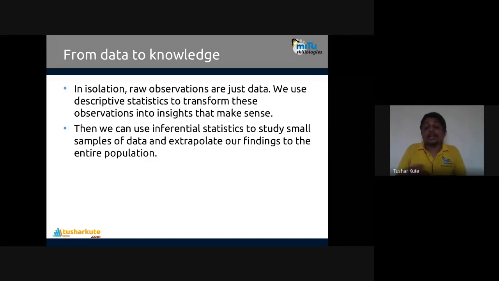So we have to go from data to information, information to knowledge, and knowledge to wisdom. Finally, just like many theories we have seen in the history of science, like the theory of relativity from Albert Einstein, it was put forward but not proven at first. But it was proved afterwards by many different scientists. The hypothesis was put, and using data and samples, it is proven that this kind of theory is perfect, and accordingly we can proceed ahead.